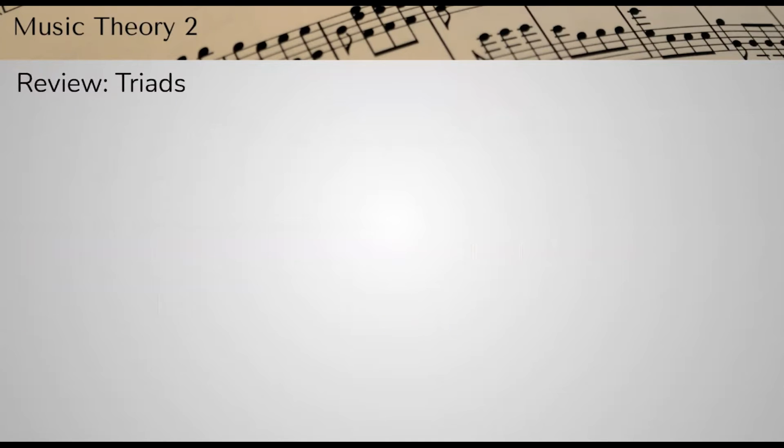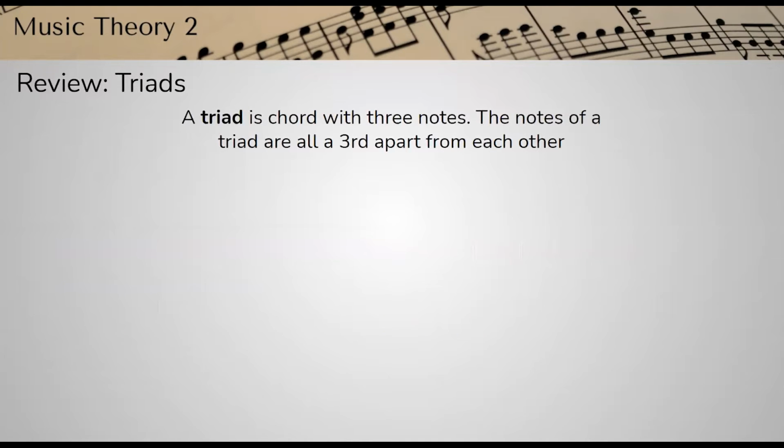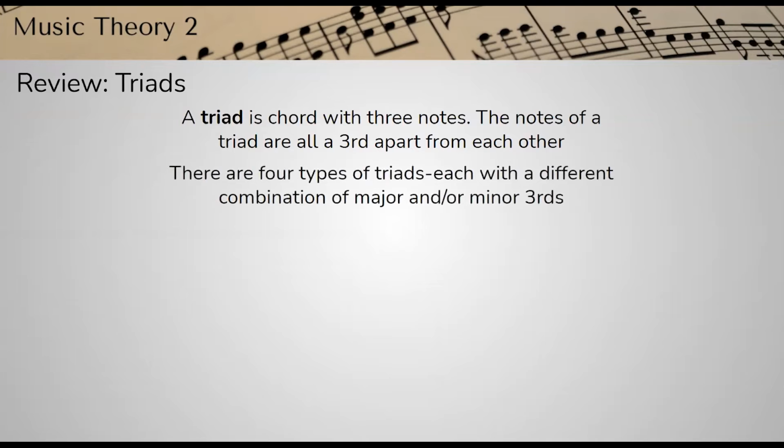Okay, so let's start with triads. A triad is just a chord with three notes. And what really makes something a triad, besides the fact that it's three notes, is that the notes of the triad are all a third apart from each other. Okay, and a third is just an interval that is 3 lines and spaces from each other on the staff,